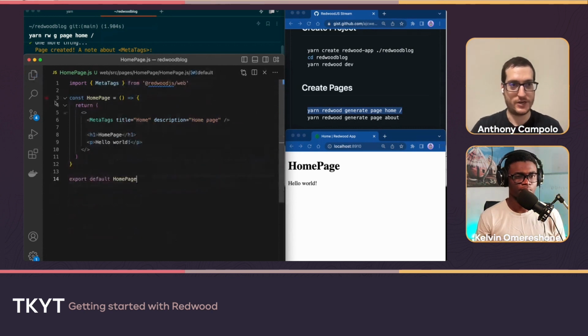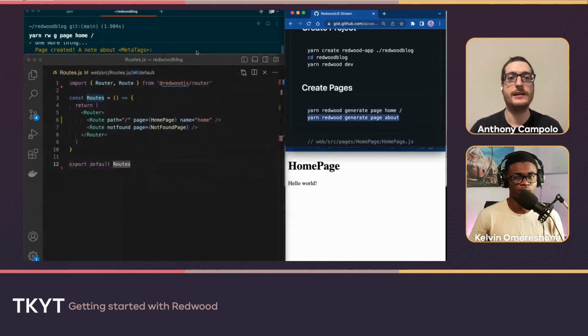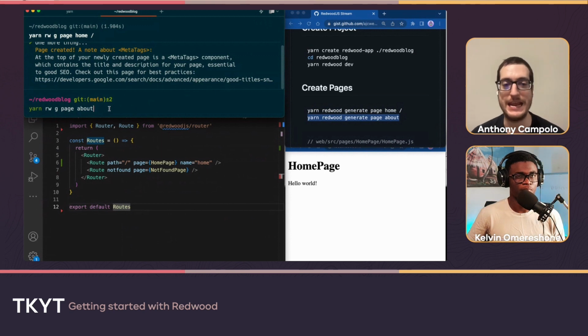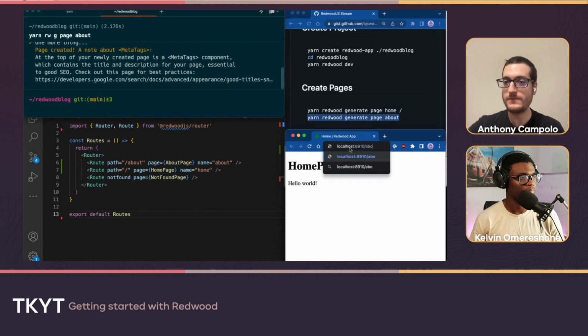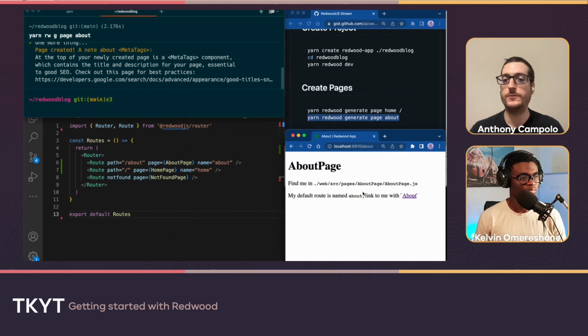So to show a little more clearly what's happening here, let's generate another page. And if we look at what happens with this file, we can see. So here again, yarn redwood generate page about, and then we don't have to specify anything afterwards if you want the route and the named route to be the same. So it's going to just take about and insert it into both. So now we've got this. We have our about path, our about page component, and then our named route function. So over here, we can see we now have an about page. And again, all the places that about was generated into.